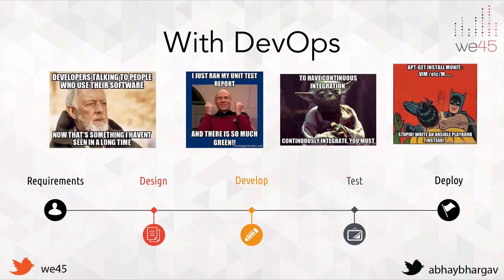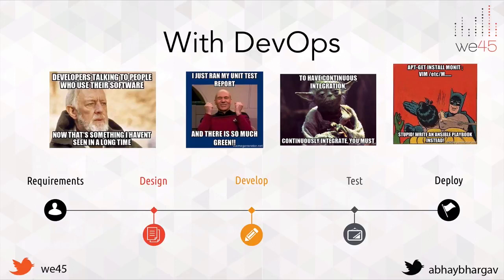DevOps has been the underlying movement that has made all of this possible. Now, DevOps is essentially not only technology. A lot of people think of DevOps as automation, and more automation, which is not really true. DevOps is more a movement. And what DevOps does is that you have two previously disparate entities, which is developers and